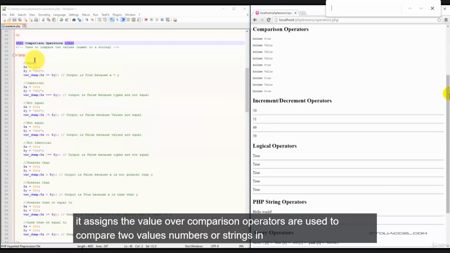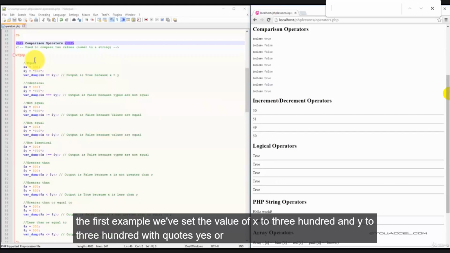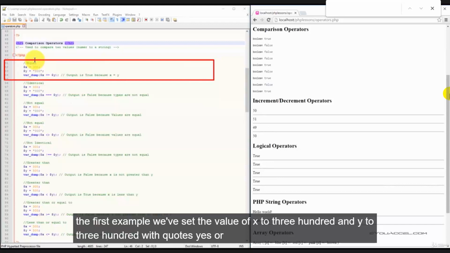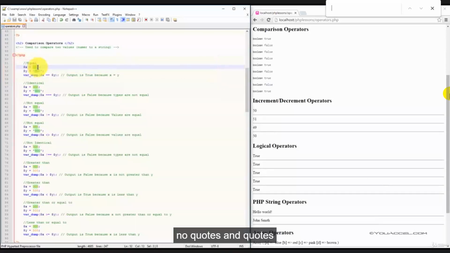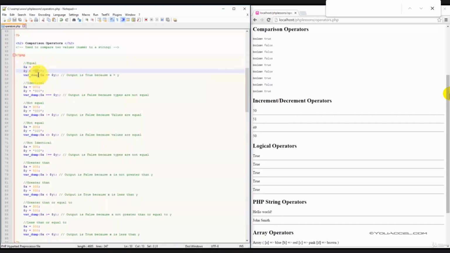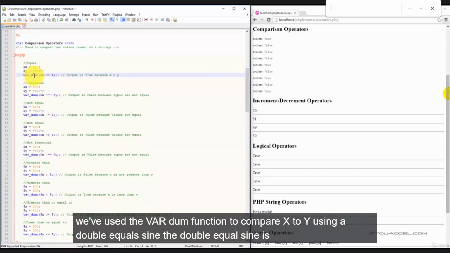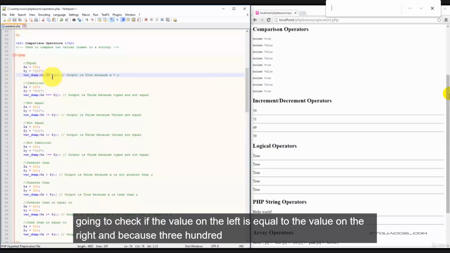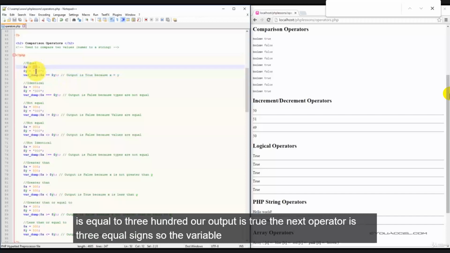Comparison operators are used to compare two values, numbers or strings. In the first example, we've set the value of x to 300 and y to 300 with quotes. Okay, so no quotes and quotes. We've used the var_dump function to compare x to y using a double equal sign. The double equal sign is going to check if the value on the left is equal to the value on the right. And because 300 is equal to 300,